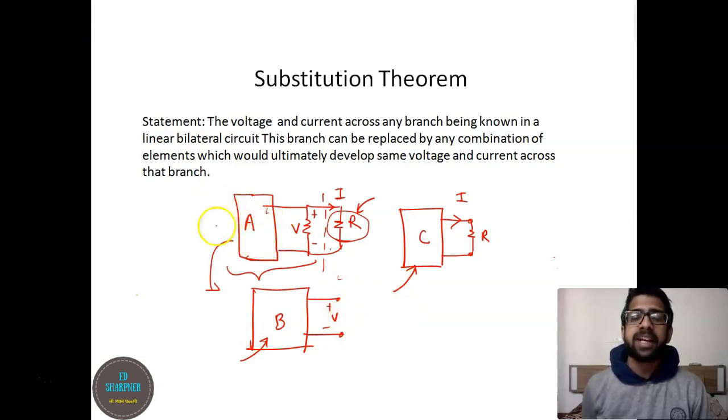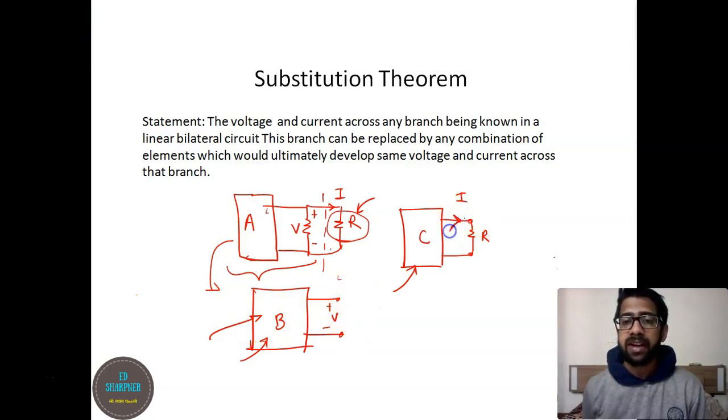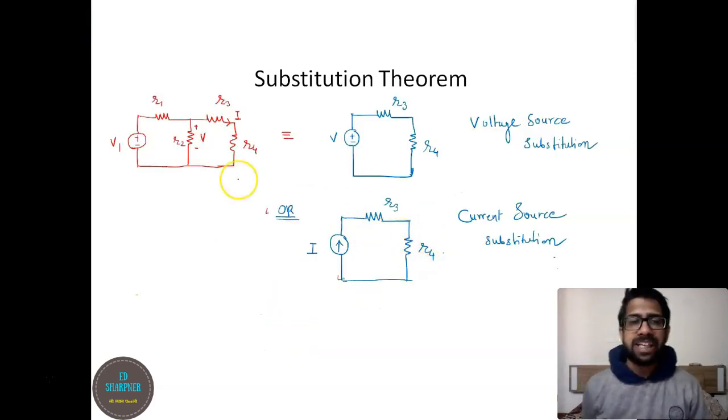If solving circuit A was difficult, and I find replacing circuit A by circuit B easy, and it is also giving me voltage V as an output, or some required current I as an output, I shall be able to replace them. Let us see how easily it can be done. This is a further detailed description of what we are trying to do.